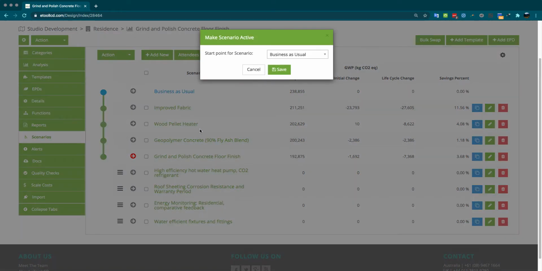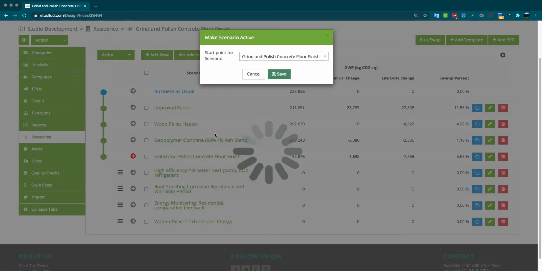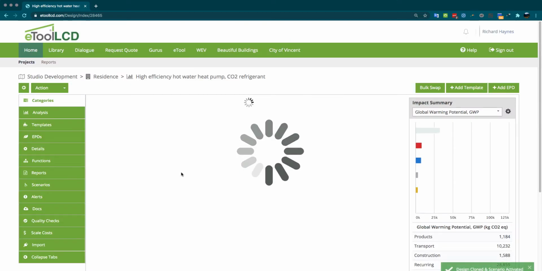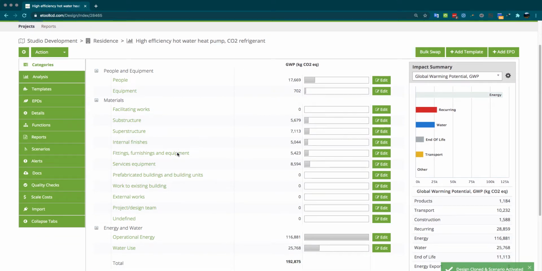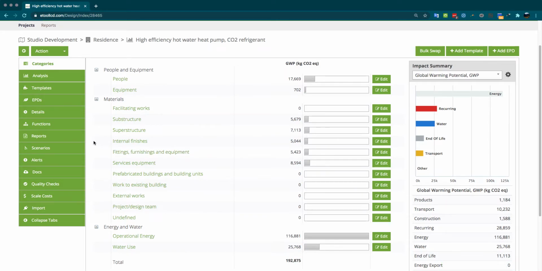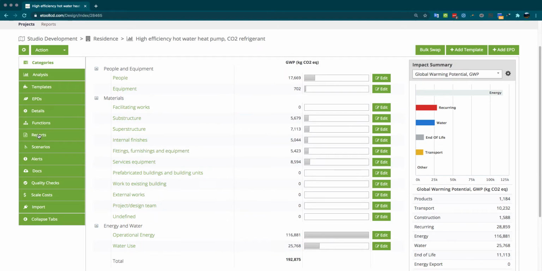So what we're going to do is put a really high efficiency hot water heat pump in, and we're going to spec one that has a low carbon refrigerant. Ironically, about the lowest carbon refrigerant is actually CO2 itself. It has the lowest global warming forcing effect of most of the refrigerants, but